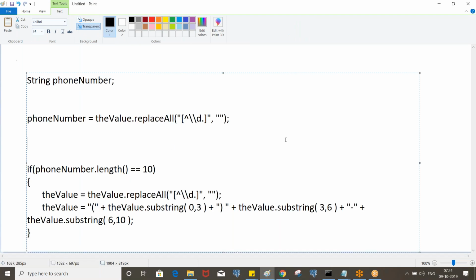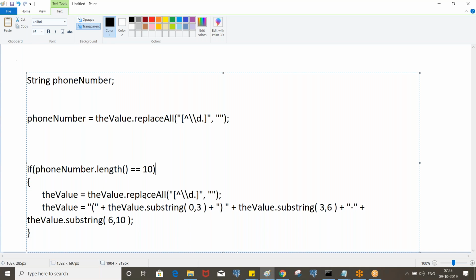So here, the entered phone number should always be 10 digits, okay? Anything other than digits is replaced with a null value, and it should always be 10 digits. For the first 3 digits, 0 to 3, it contains the braces, and then there is a hyphen. After digits 3 to 6, then a hyphen, then 6 to 10. The last 4 digits should be without braces.